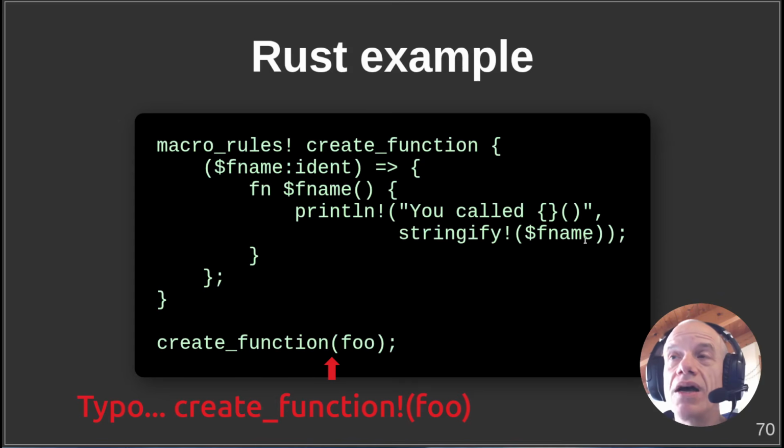This is a predefined macro, and so what you get is a println that is storing a format string and a string literal. Okay, there is a mistake here because when you invoke a macro, you must use an exclamation mark. Rust makes a clear distinction between function invocation and macro invocation. Also, this is my typo here, and you get this